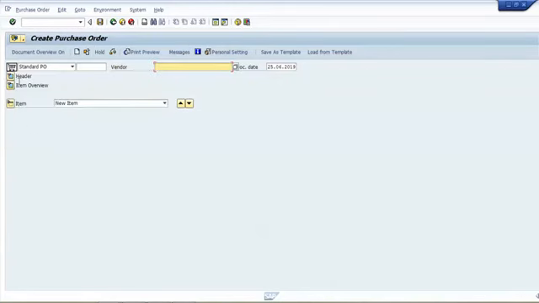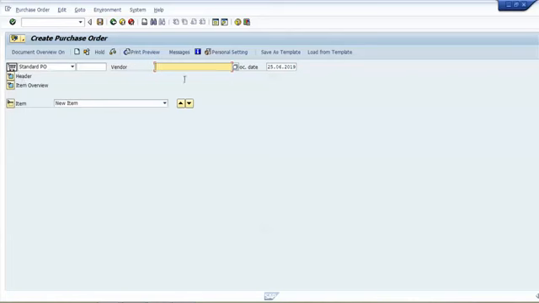All the data will be in a closed position. Basically, in a purchase order, we have three types of data. First is header data, second is item overview data, and third is item details data. We will discuss this in a minute.